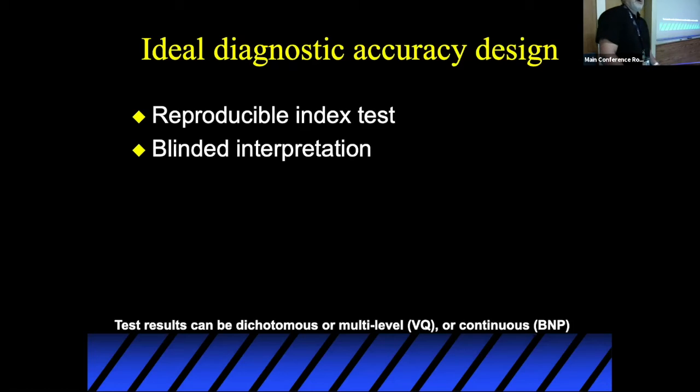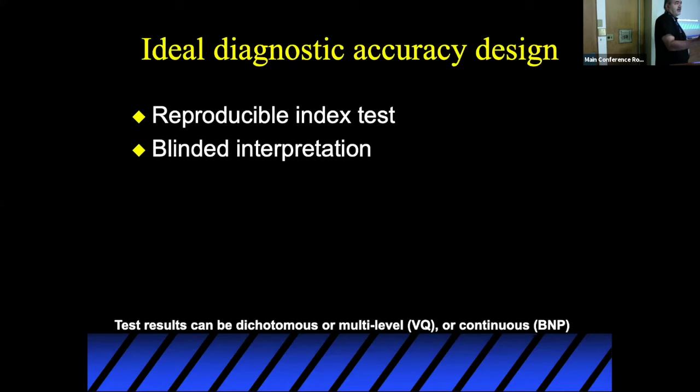Blinded interpretation is probably the most important aspect of the diagnostic accuracy test. I apologize to ultrasound people because I always give this example. Just imagine, the ultrasound team shows up at 10 o'clock, gingerly, after they had their breakfast, and they say, do you have any patients for ultrasound? And you tell them, hey, yeah, that guy in room 2 probably has a shoulder dislocation, right? They go to ultrasound the patient and they say, yes, there is a shoulder dislocation. And then a fellow says, I'm going to publish these results. And they publish it, and you get 100% sensitive, 100% specific